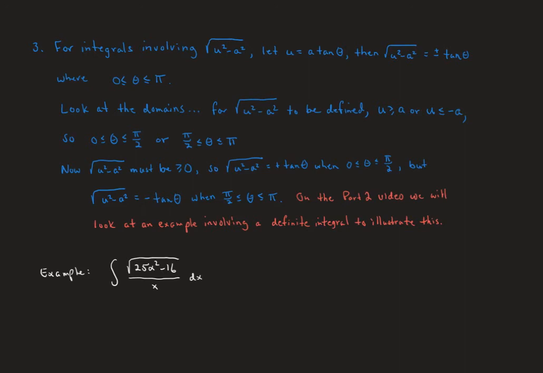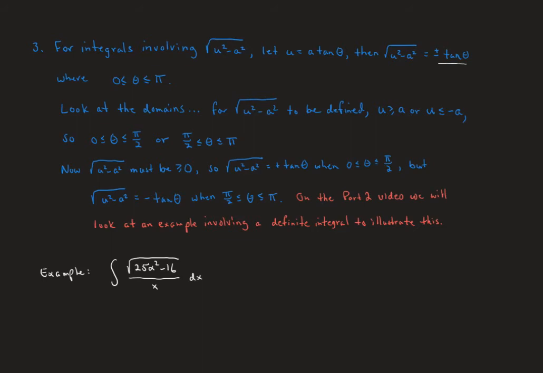And we'll get that the square root of u squared minus a squared is going to be, and now here's where this has a little complication that we're going to talk about a little bit. It's going to be either a positive tangent theta or a negative tangent theta, and that is going to depend on what our domain is. That is, what the interval that we're integrating over contains, and that we'll see in a moment here. So at least initially here, we're going to be between 0 and pi. So if we look at the domains,